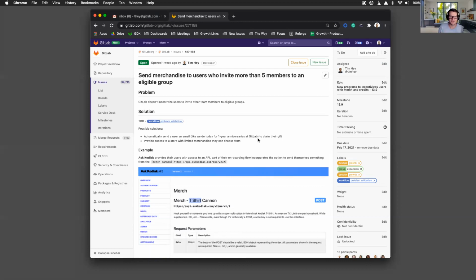I always thought that was so cool. Maybe for GitLab it isn't the API. Maybe it's they've invited X number of users and then they can get a link to a swag shop that has a collection of items like socks or a hat or something that's inexpensive but meaningful.